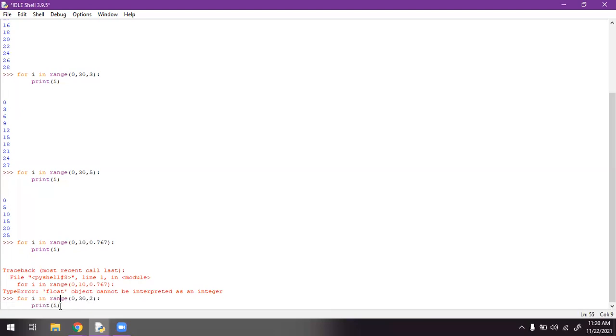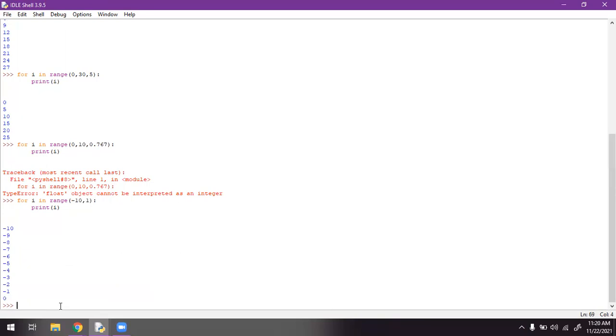Control V again. So what I am doing is, let me type some negative numbers. Minus 10, 1 step, we can remove this thing later. What happens? I got minus 10, minus 9, minus 7, minus 6, like that. But I don't want the minus sign. All these are negative numbers now, increasing by 1.